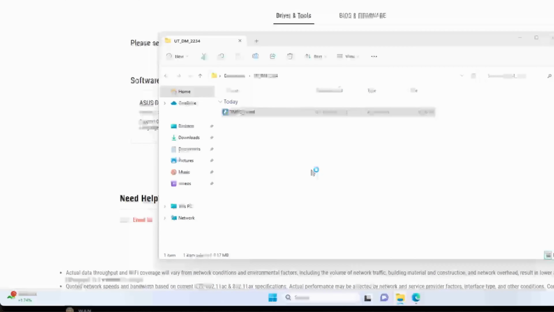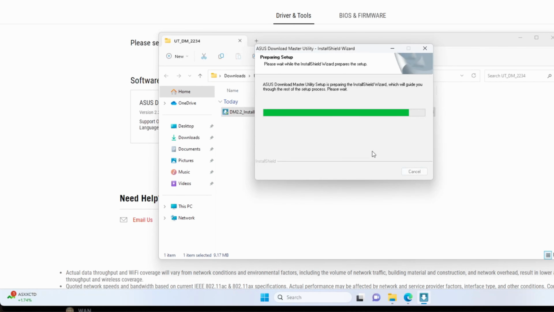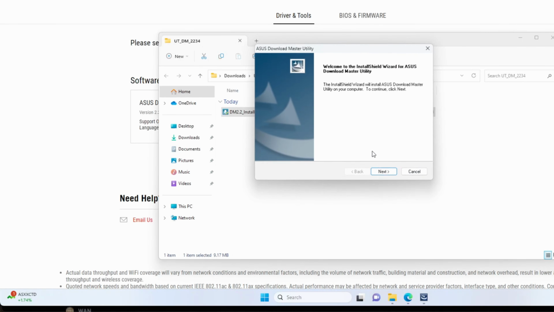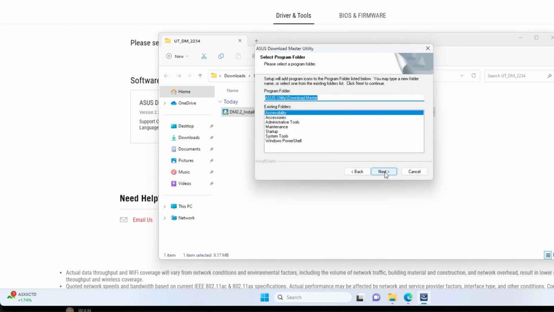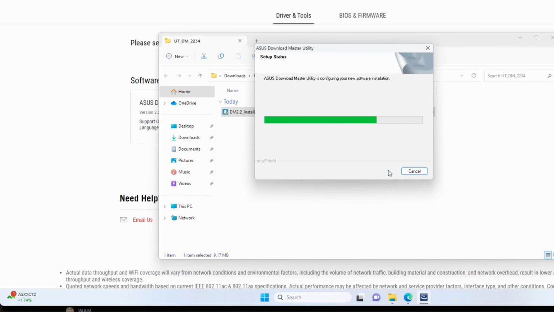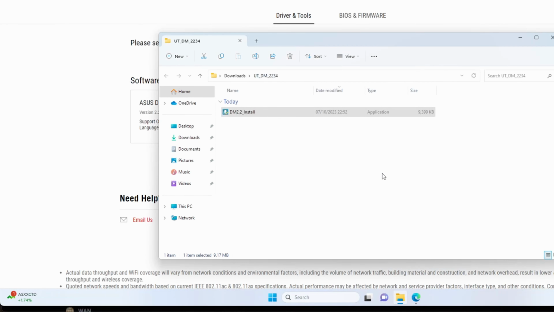So again, you just go through the security, select whichever language is your preference, and wait for the installer to, again, as we said, even though you're selecting Windows 10, you might have Windows 11, there's not going to be an issue. So you just go next, select where you want to download, next again, and again, leave the default name on there, so it'll create a new folder in your applications. You can see it installs. It's all very quick and straightforward, and you can say finish. So we can close this off now,